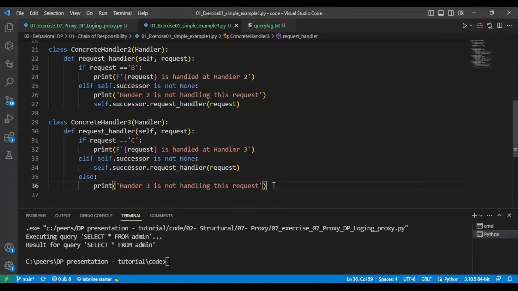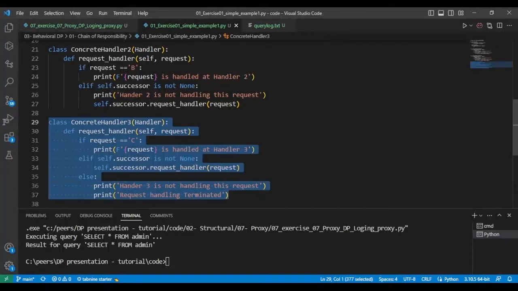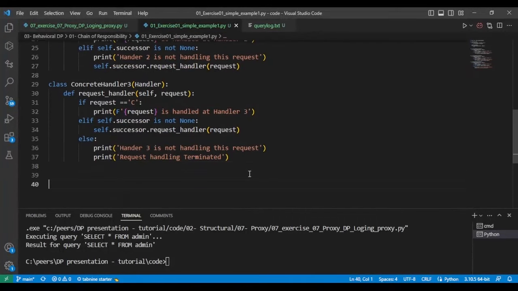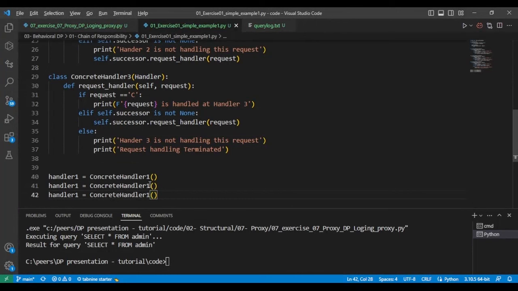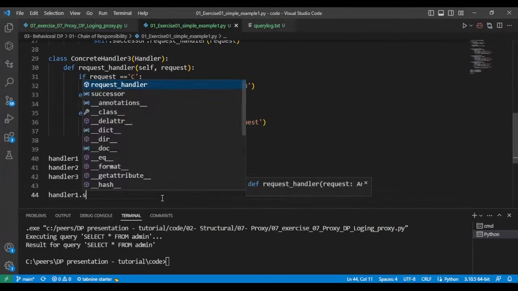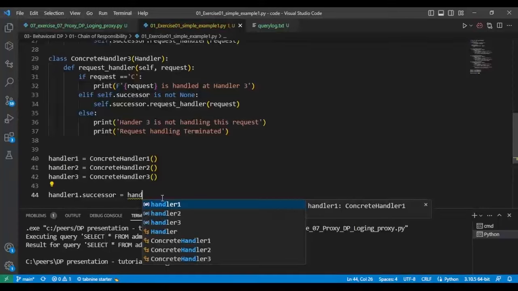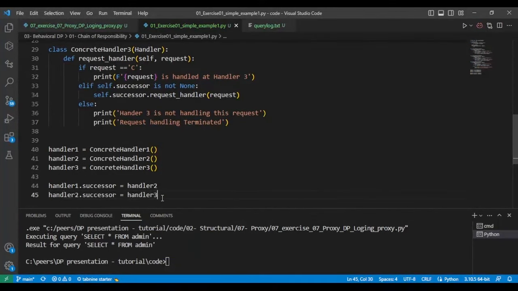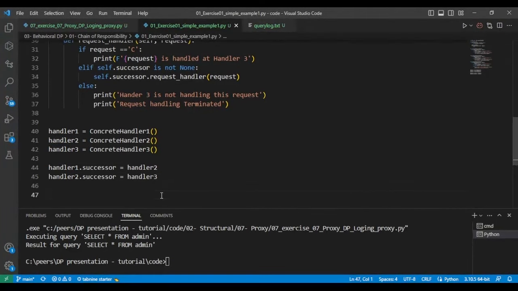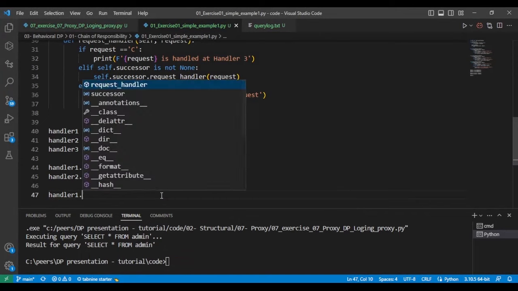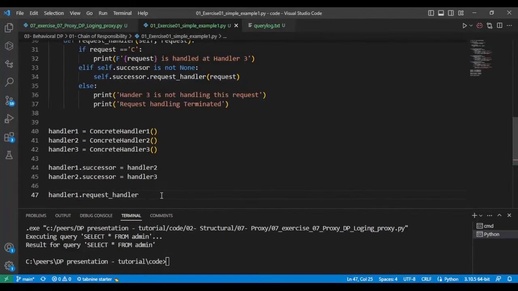Handler 3 is not handling this request. And I'm also going to put up an output saying request handling is terminated because this is the last request handler. Now let's do the client. And in here, I'm going to instantiate handlers, handler 1, 2, and 3. And then I'm going to say handler 1's successor is handler 2 and handler 2's successor is handler 3. So right now I've specified the successor for the 2. And now I can work on handler 1 and run the request handler and pass in a request, say C